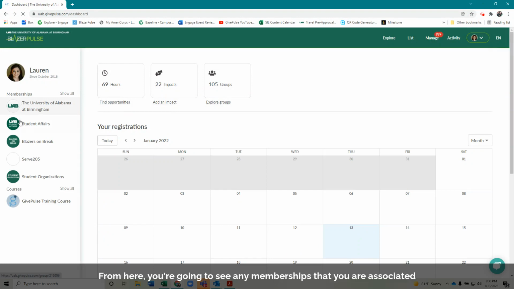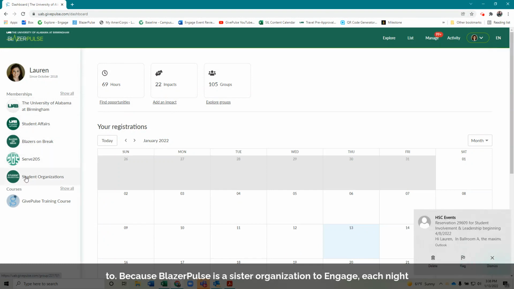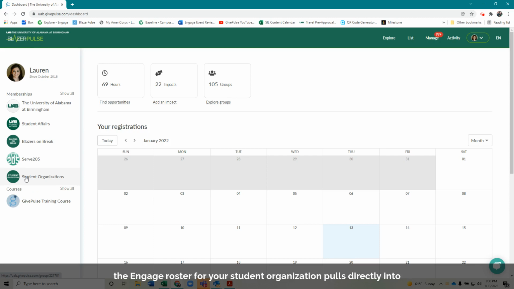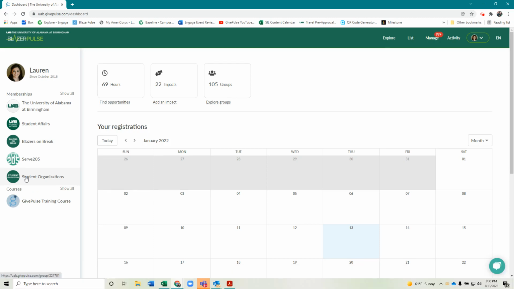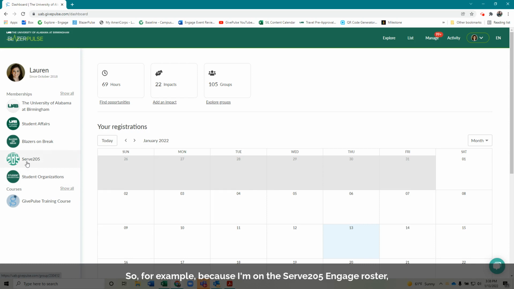From here, you're going to see any memberships that you are associated to. Because BlazerPulse is a sister organization to Engage, each night the Engage roster for your student organization pulls directly into BlazerPulse. So for example, because I'm on the Serve 205 Engage roster, I see it listed here in my memberships. This means you need to make sure all members are active and engaged to ensure that they can log their